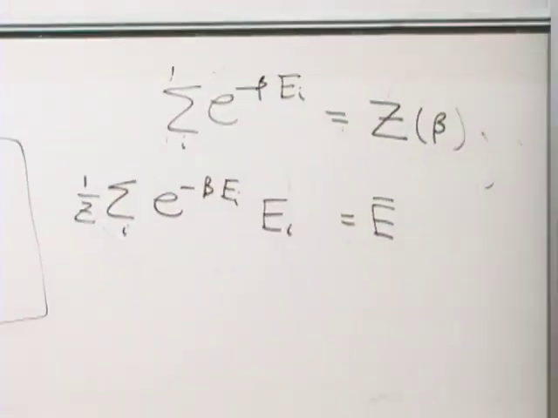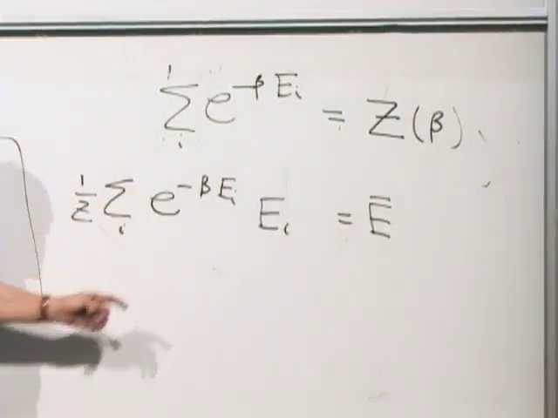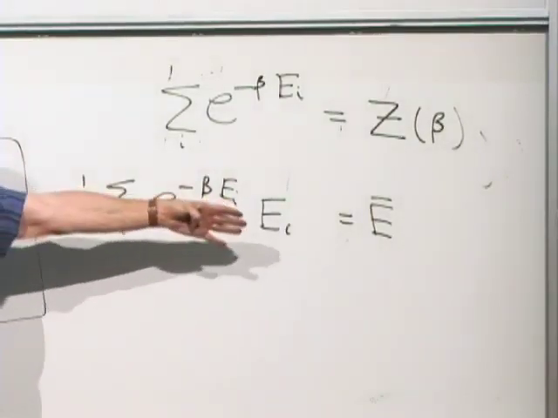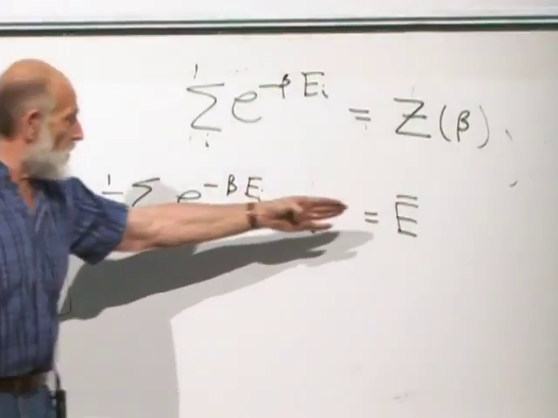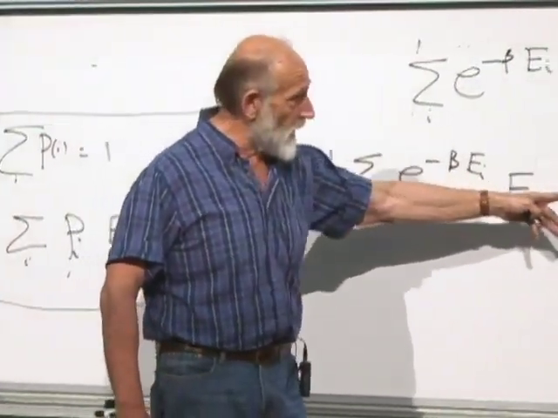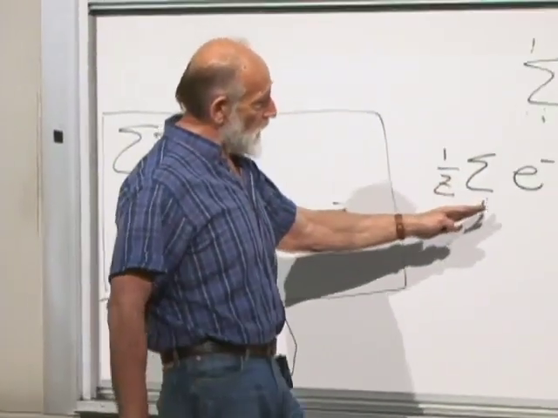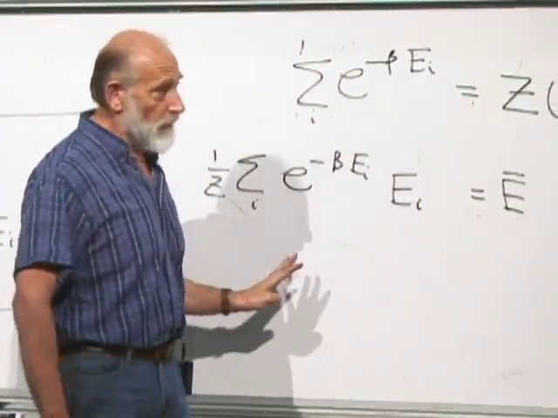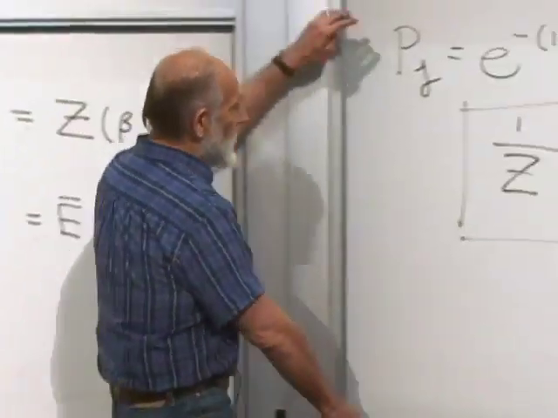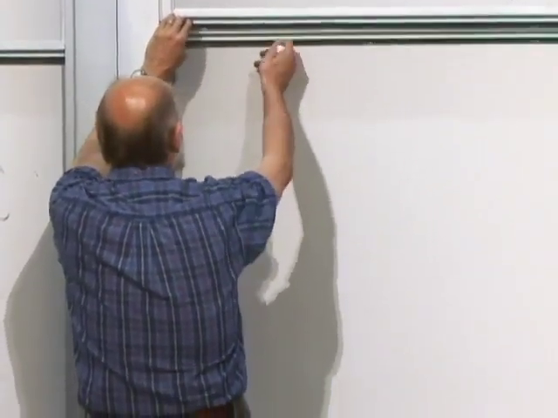Now, it would be simple to say, look, this does determine what beta is. This is an equation for beta. I already know what Z is in terms of beta, so this is an equation. If I know E bar, this is a relationship between the temperature, if you like, and the average energy. But we can do a slick thing with this. We can actually express all of this nicely in terms of the partition function itself. So let's see. Let's find another blackboard here and do that.